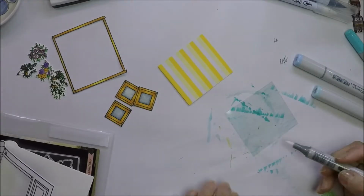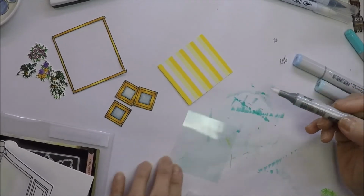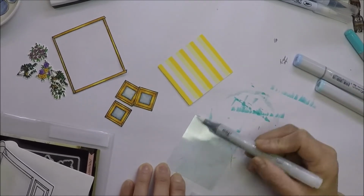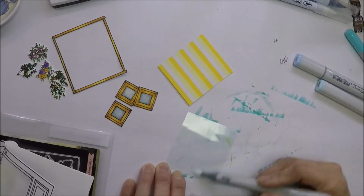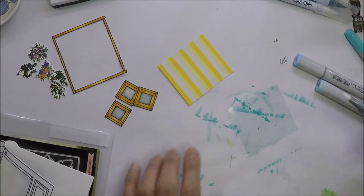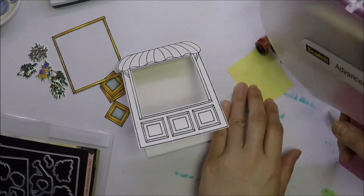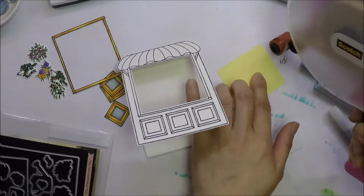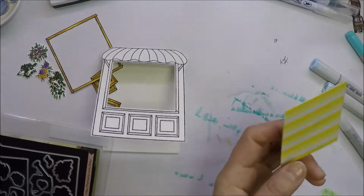Okay, so I have this clear acetate that I will adhere on the shape card so you can see the inside of the card and it will look like a real store. I color the clear acetate with my lightest blue Copic color that I have and blend it with the Copic blender. I die cut yellow pattern paper from my stash,